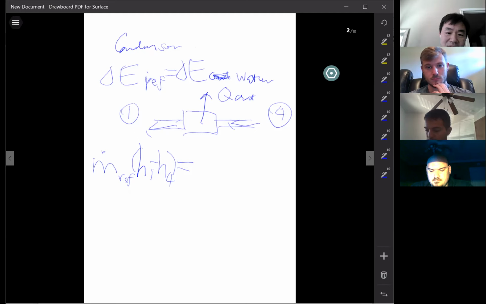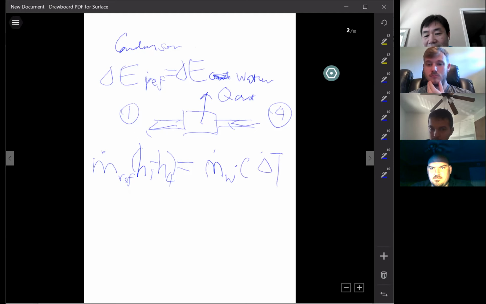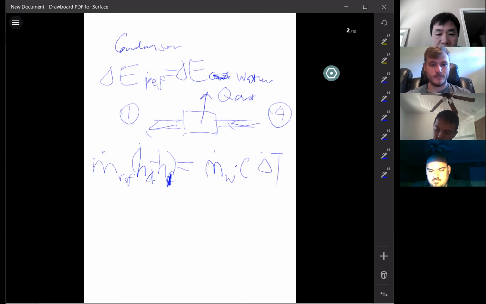Water is easier. You don't need the enthalpy, right? Mass flow rate of water times what? C times delta T. That's for the water side, okay? So this is the equation you are going to use. I guess for the sign to be good, how about this? 4 minus 1, otherwise it's negative, okay? So this is our goal,